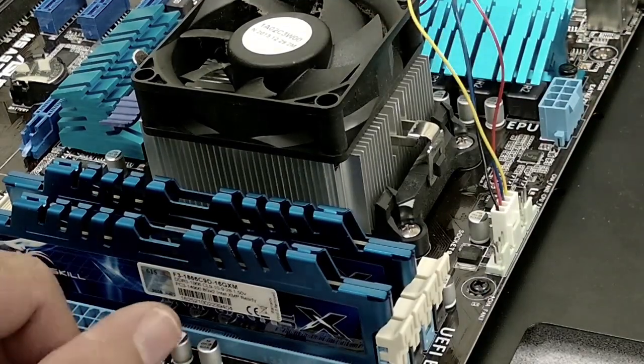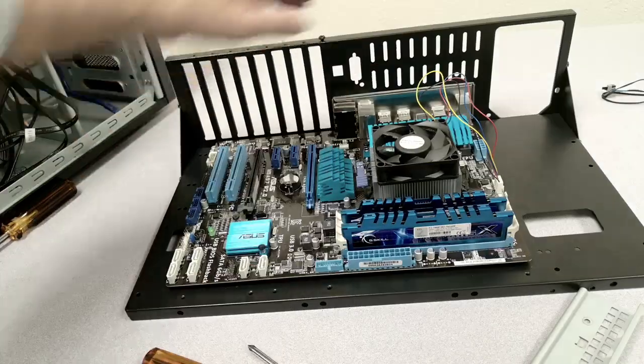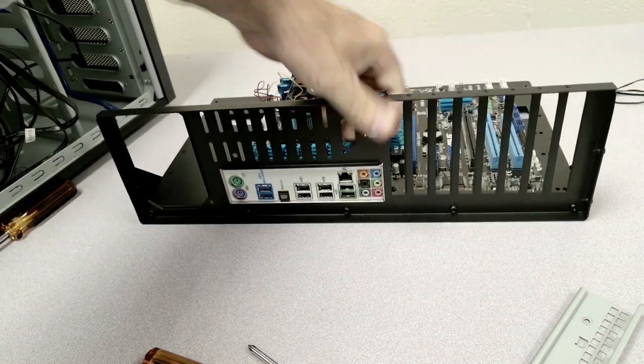And once you have all 6 of them in, then you could go back and tighten them all up. Alright, so once that's in, we're able to see that we have